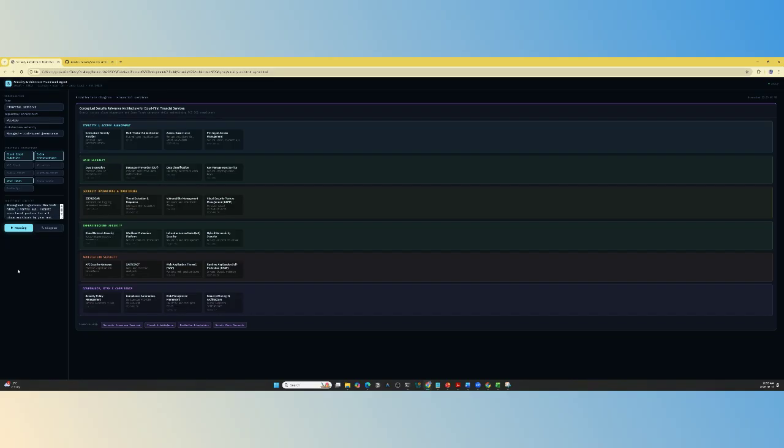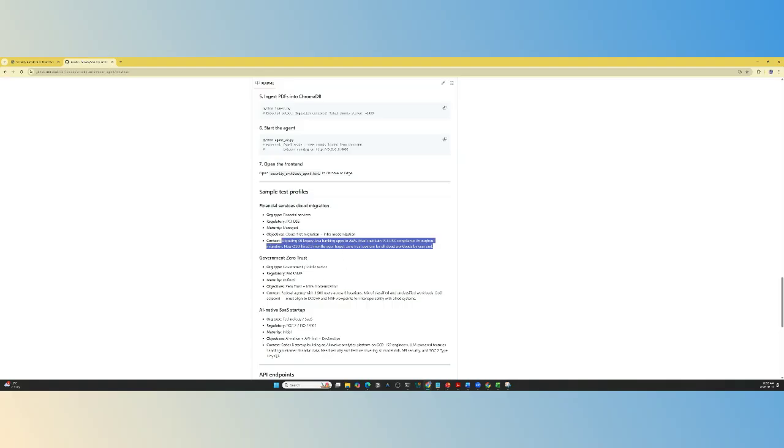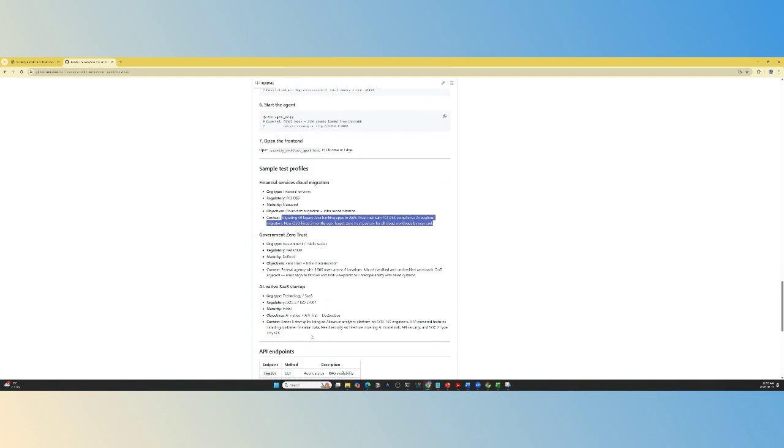So that's one of the demo. I have put in a few other cases, scenarios in here. This one is a very interesting one. This is a organization type is a technology SaaS, and then there is the regulatory SOC 2, and maturity level is initial, and the objective they are trying to achieve is AI native, API first, and integrated with the development security operations. So this is a Series B company starting up, building an AI native analytics platform, 150 engineers, LLM